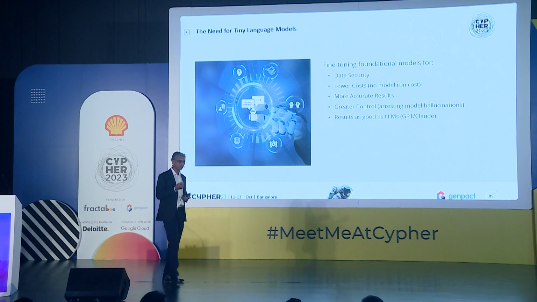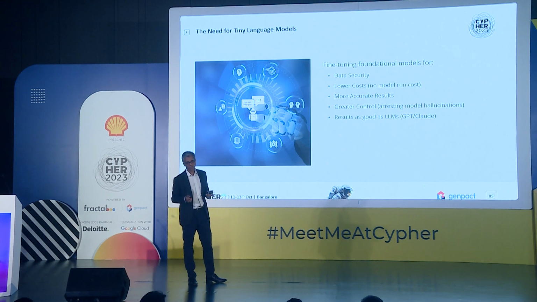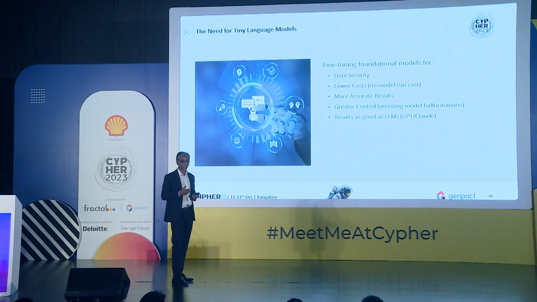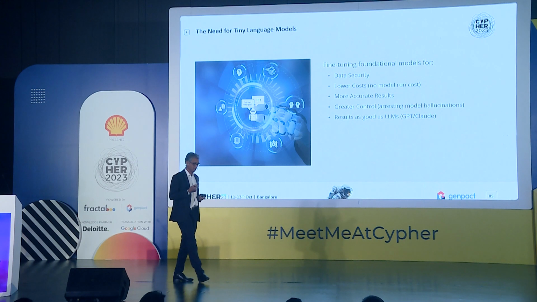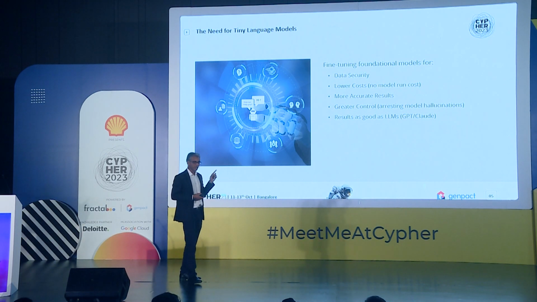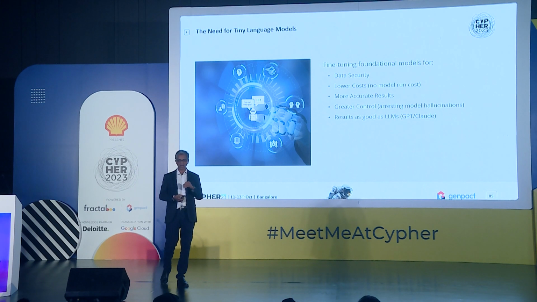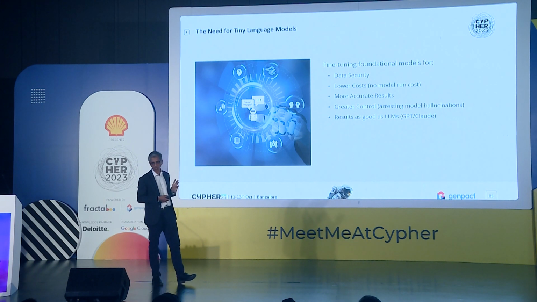hallucinations. The model hallucinates because it has seen many things of this world. It is greedy in talking to you. It will generate more and more tokens. There is a philosophy: the model thinks when it generates the tokens. Its real thinking power is while generating the token. That's why if you give more context, it will think more. So in a large language model, you do prompt engineering and then few shots. If it still hallucinates, you don't have any control to arrest it other than creating a fine-tuned model.